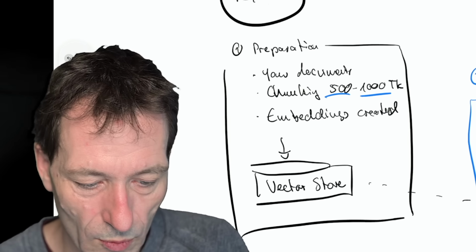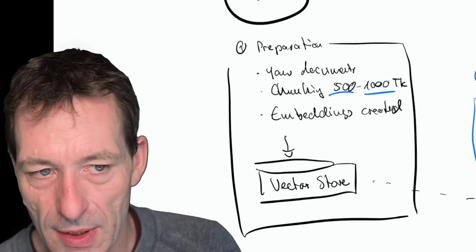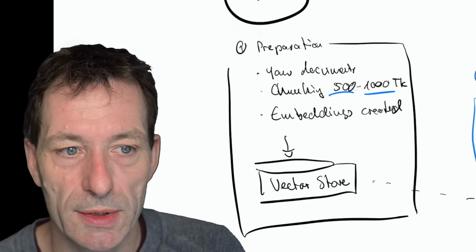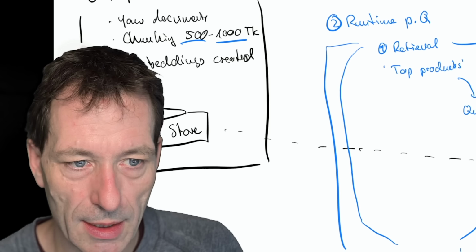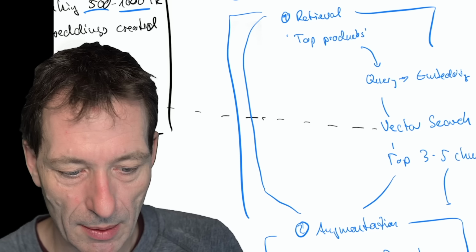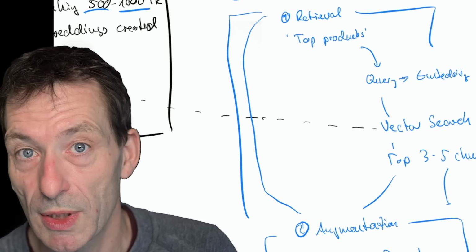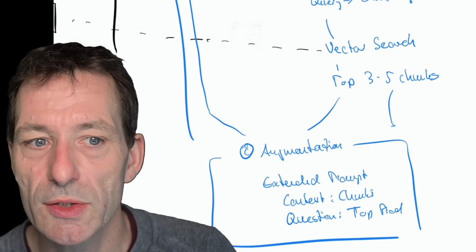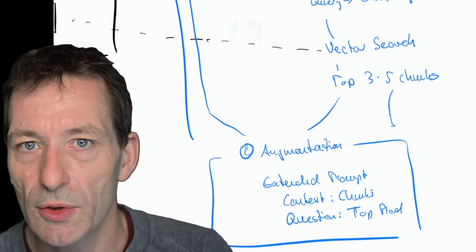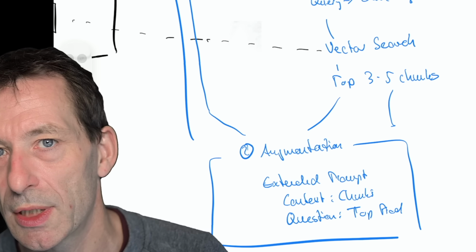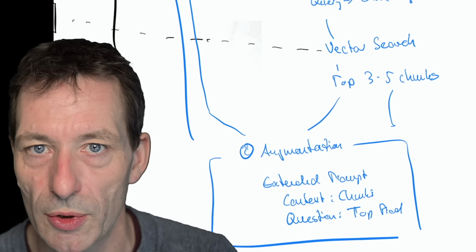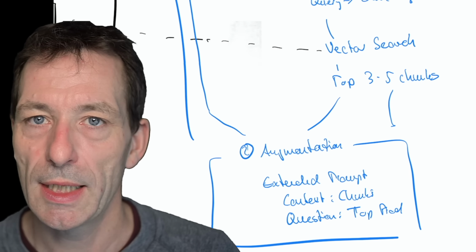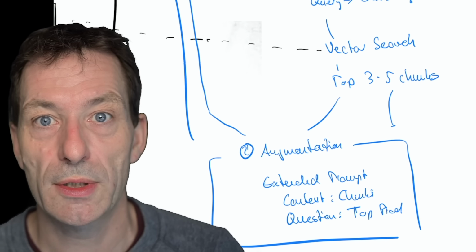So first, we get your documents, we split them into chunks, with overlap. There's always an overlap, so a sentence doesn't get cut off. And then it goes into the runtime with first retrieval. The question becomes an embedding. With augmentation, the found chunks are inserted into the prompt, like here's the context, chunk 1, chunk 2, chunk 3 for that question, top products. And third, the large language model generates an answer out of those chunks and your question, but now